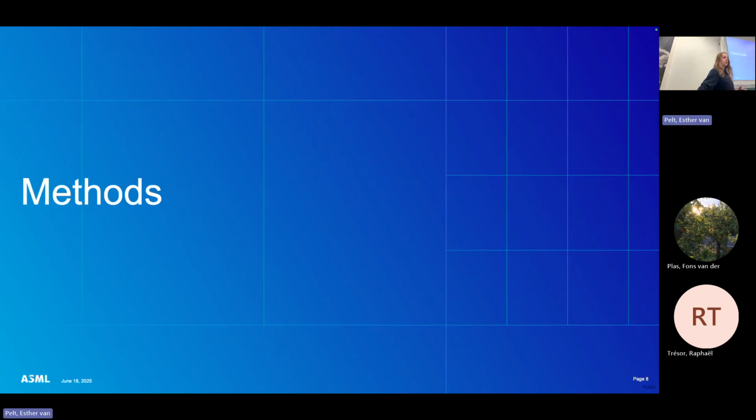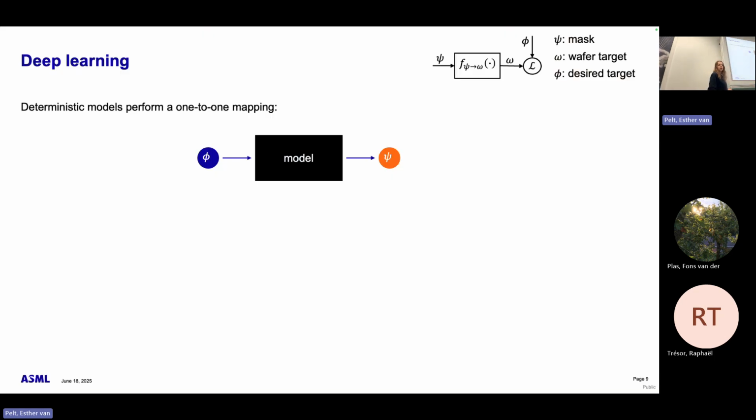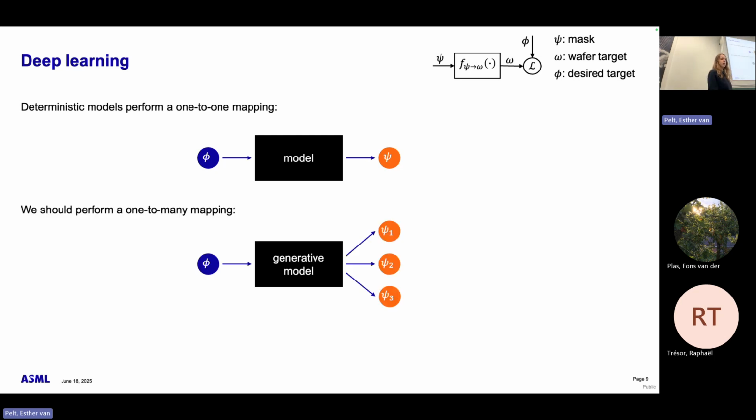So that's the introduction, now for the methods. First of all, I used a deep learning model. A typical model uses a deterministic one-to-one mapping, which is not nice, since, I forgot to mention, when you add the assist features, you can add them in multiple ways. So there are multiple masks which will produce the same wafer target. And that's a problem. For that, we need to use a generative model so we can sample one of